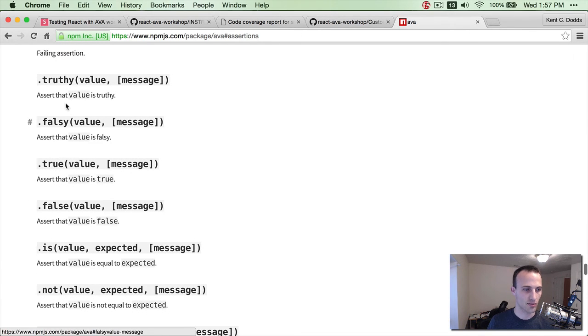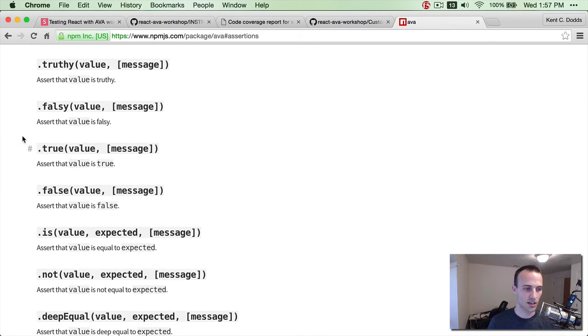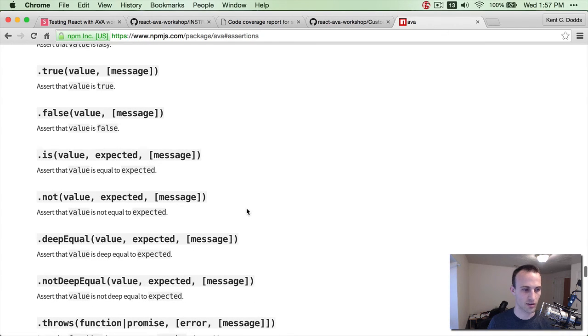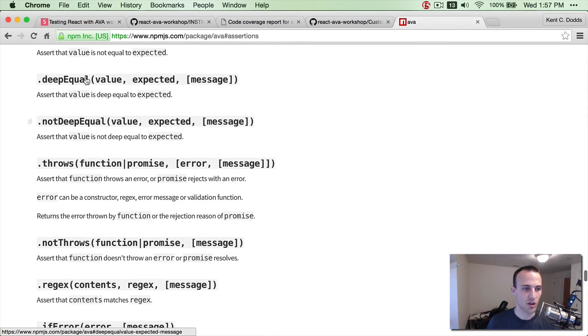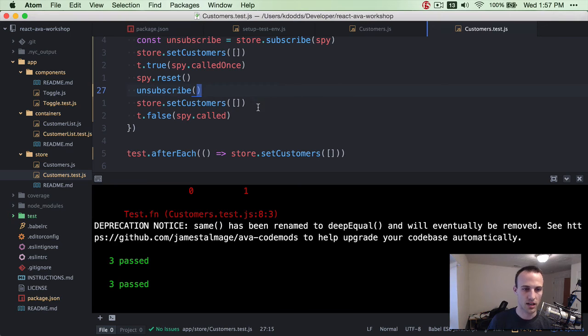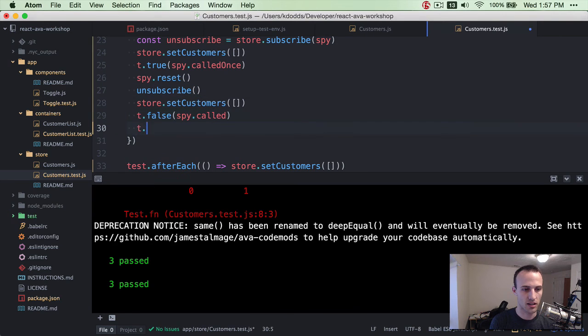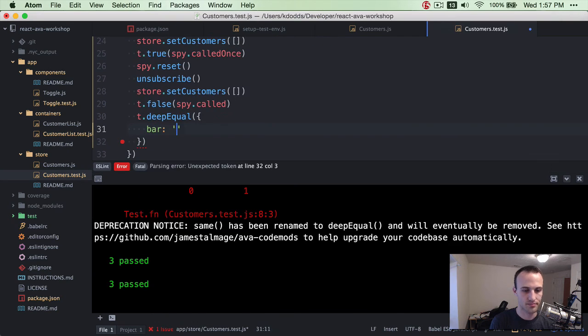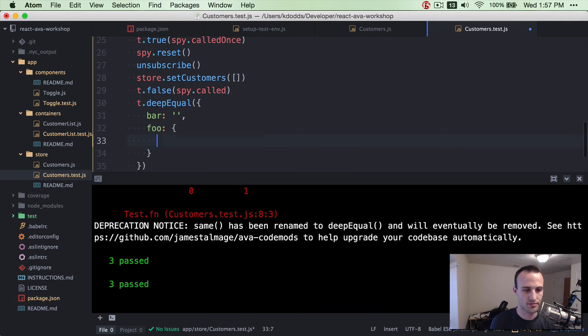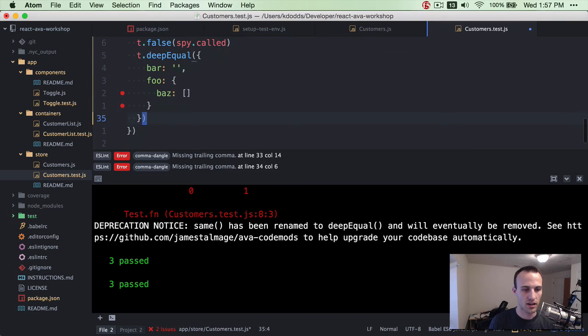And then truthy and falsy basically evaluate whether the value is truthy or falsy. Then you have true or false, whether the value is actually true or false. Is means this is triple equal to this, and not means this is not triple equal to that. And deep equal will do comparisons like t.deepEqual of bar and foo baz, and then you just have the same kind of structure,